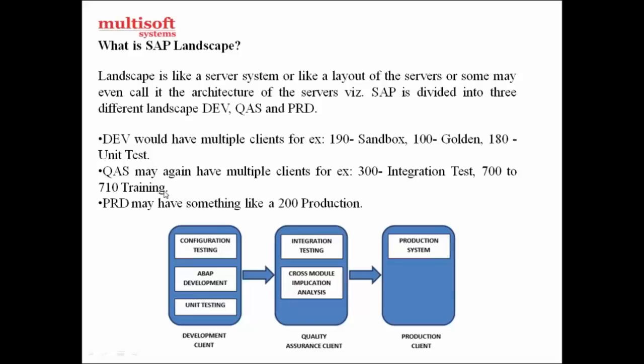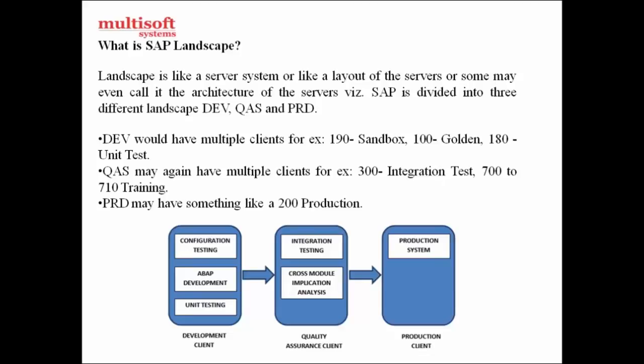We work with the development server and the sandbox. The configuration of plant maintenance and customer service in the development client is to configure all the master data, all the configurations of plant maintenance and customer service, and all the configurations of your order types like work orders, in business processes related to general maintenance, preventive maintenance, calibrations, and refurbishments. So these are all configurations we do at the development server or landscape.